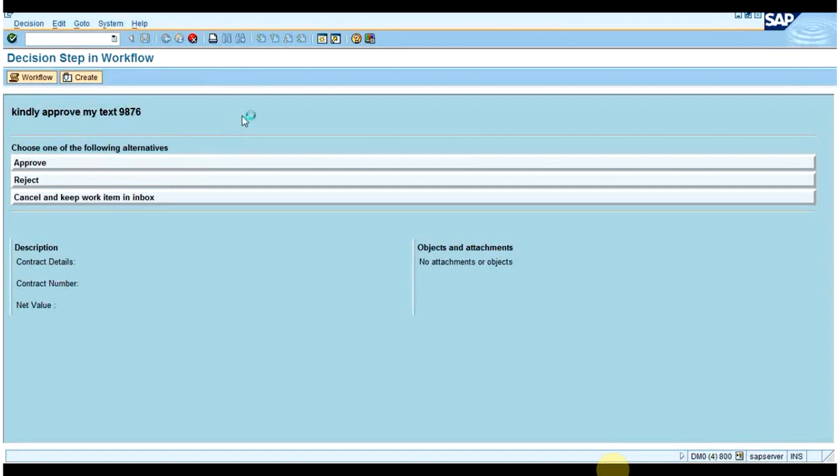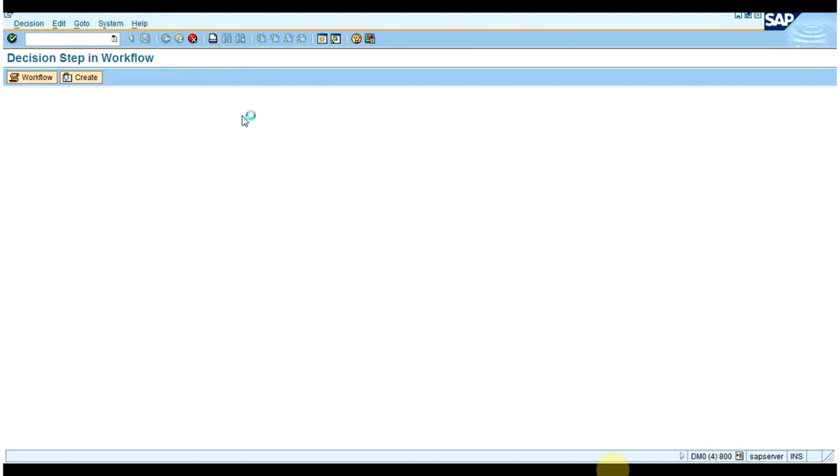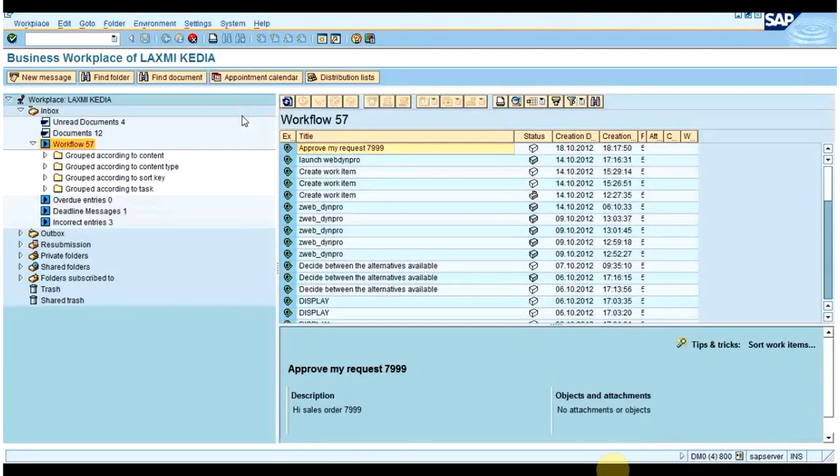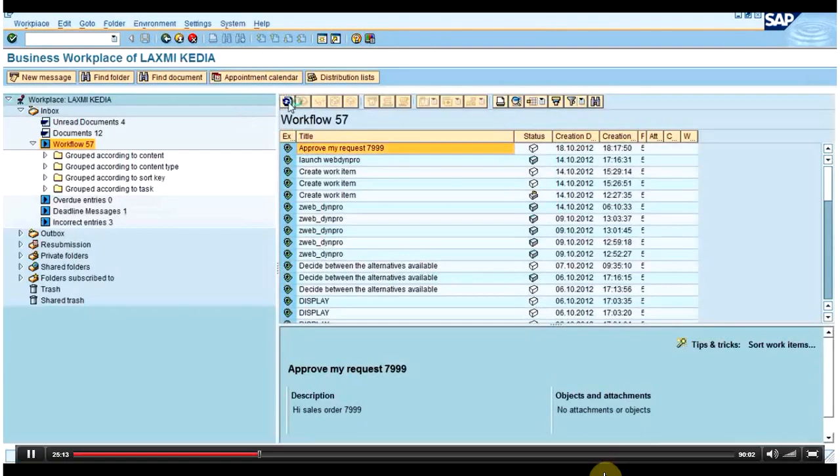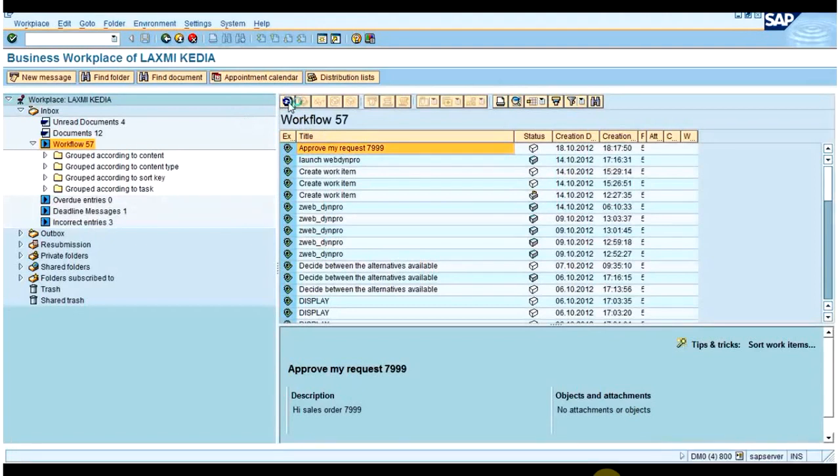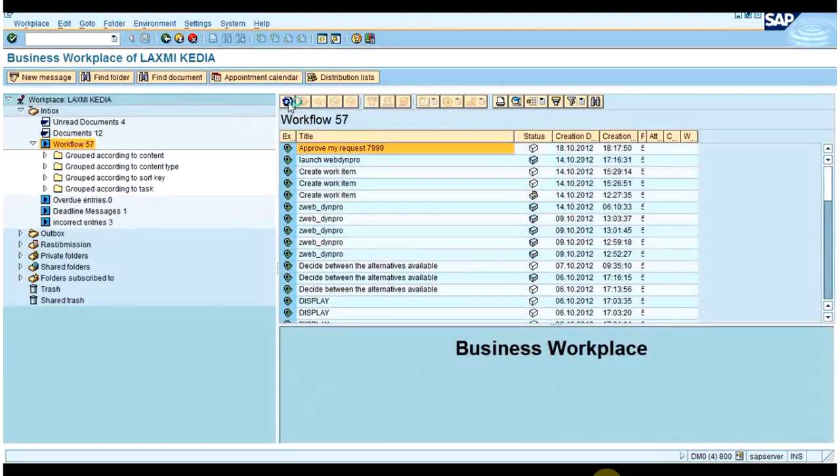So how can we see the log? Can anybody tell me the transaction to see the log? Yesterday I showed you the transaction. Okay, the transaction is SWIA. So I will be executing SWIA.